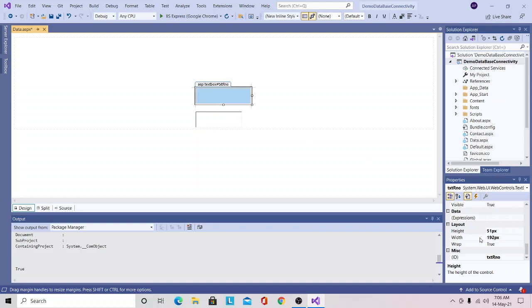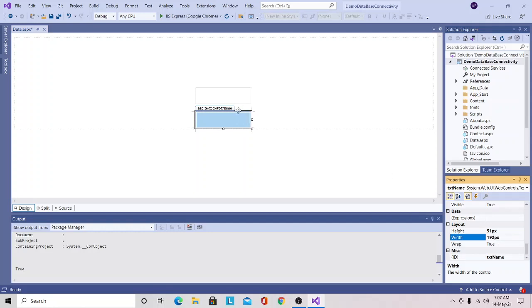Now if you see the width of the first textbox control, width is 192 px. Same width I will set to the second textbox control. In the properties of txtname textbox server control, I will set the value for width as 192 px.